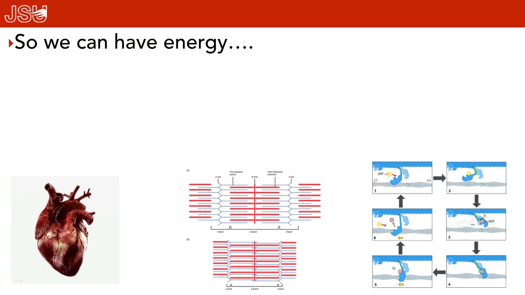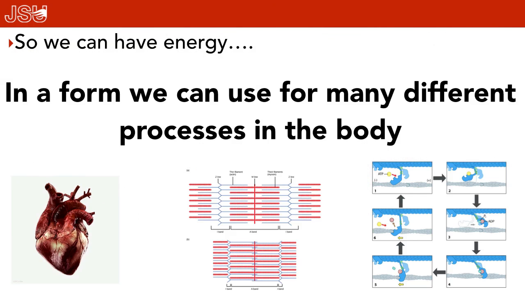So we can have a form of energy that different processes in our body can use. We're using pumps to move ions for the nervous system, for our neurons to work, for our brain to work. We're moving myosin heads in our muscles to cause a muscle contraction. We're turning on pumps to, for example, have your muscle relax. So we need this energy to do this. But we cannot get that from glucose as is. We have to do a series of metabolic reactions to bring it to that ATP level so we can use it.